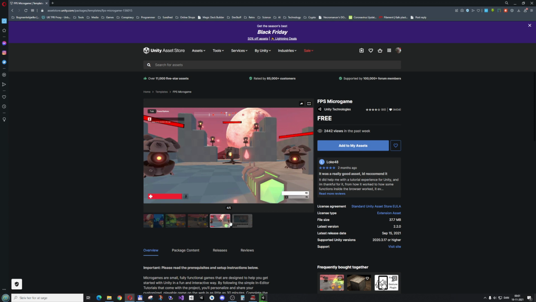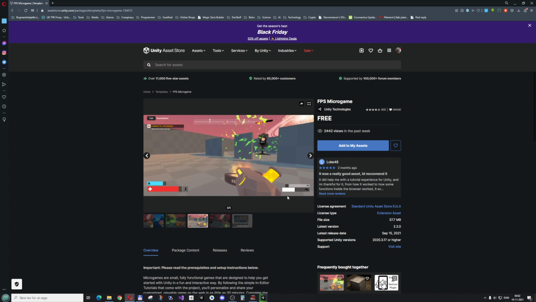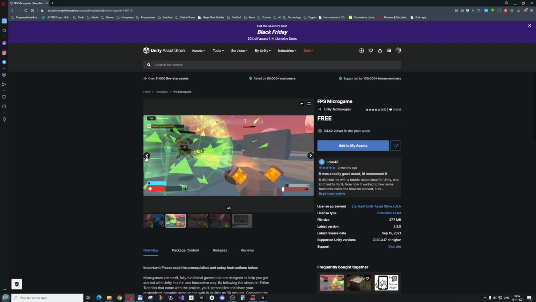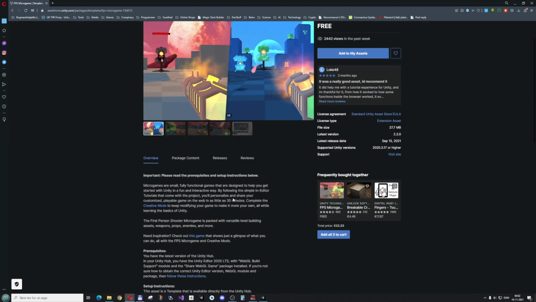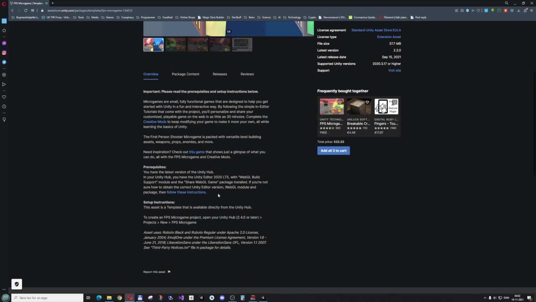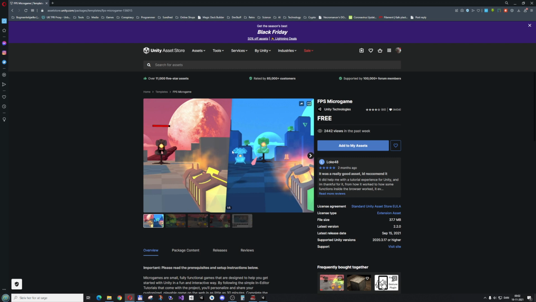And FPS means first person shooter, so as you can see here it's in first person. And you have a gun and some enemies, some health, and it even has a nice compass radar here that shows in what directions the enemies are. That's a pretty nice detail, I think. And different weapons, but still pretty simple graphics. The FPS game I was thinking about had pretty modern graphics and